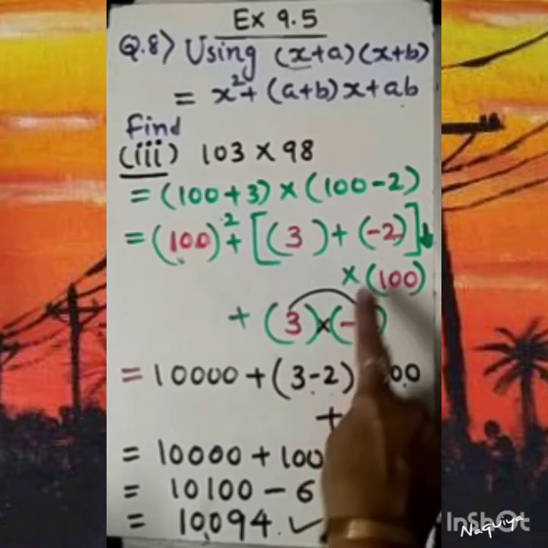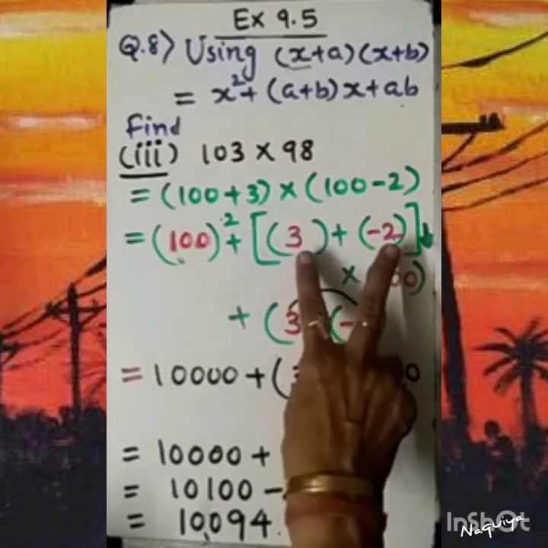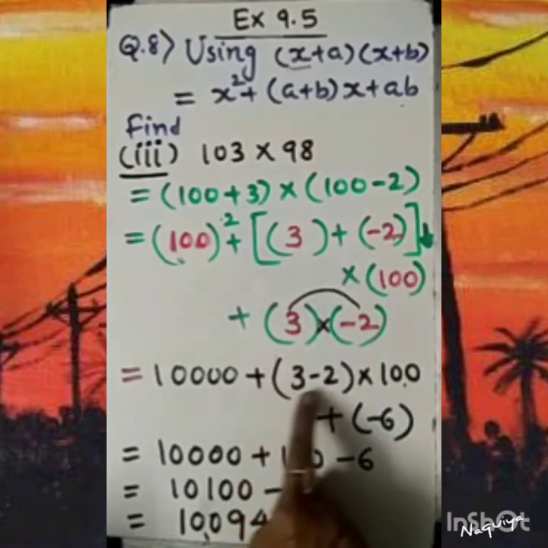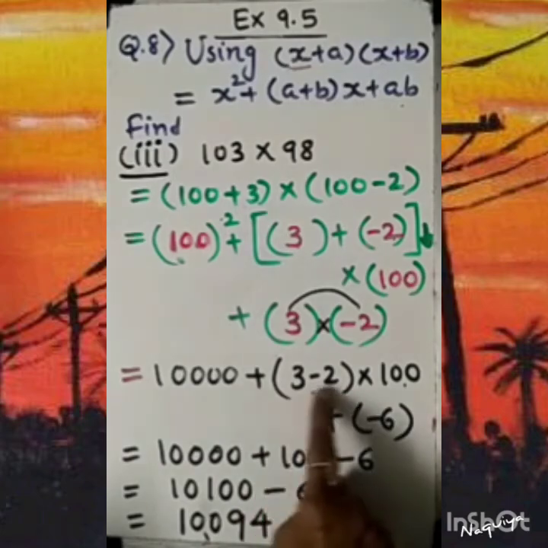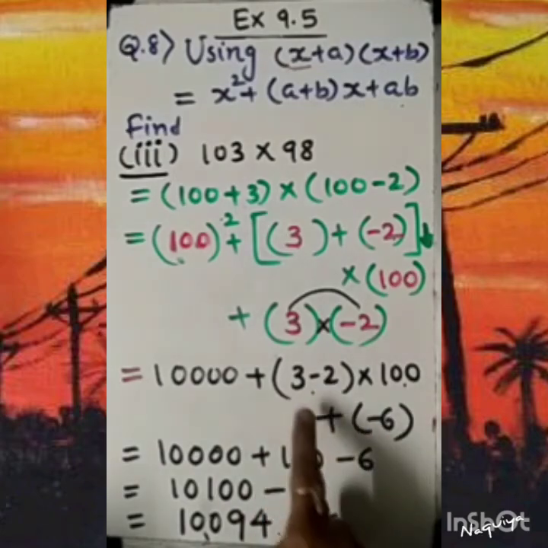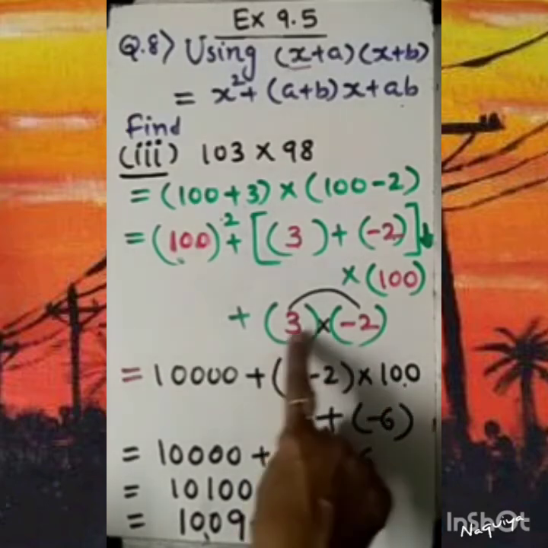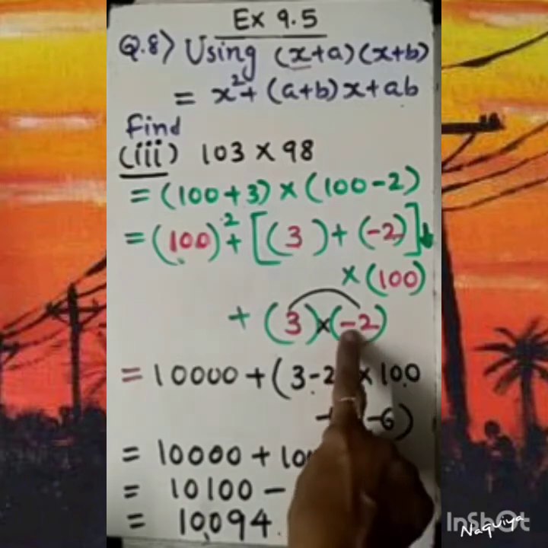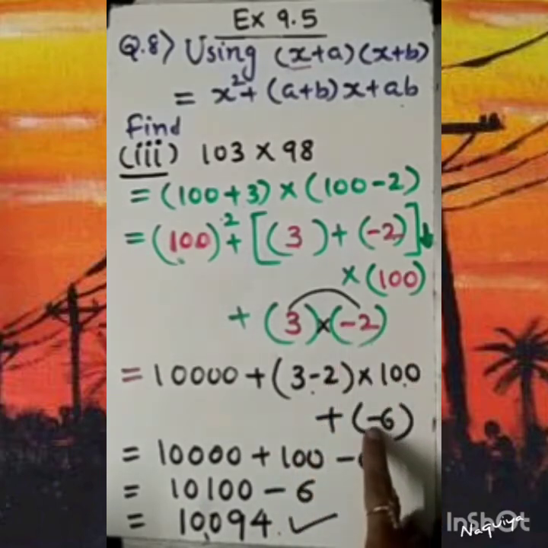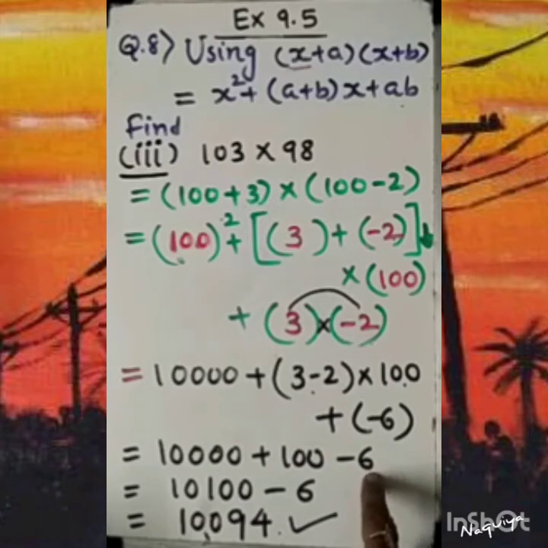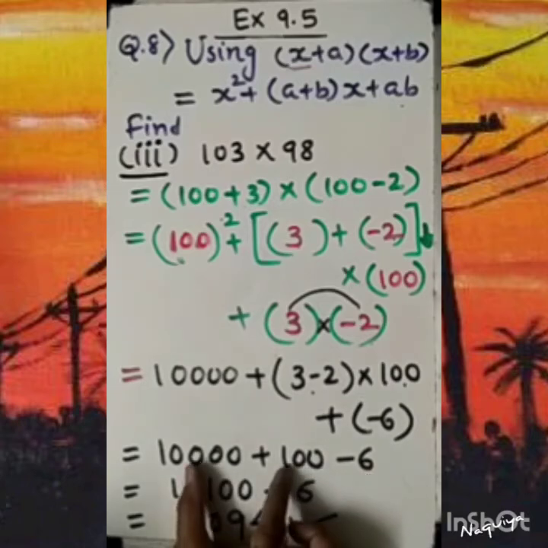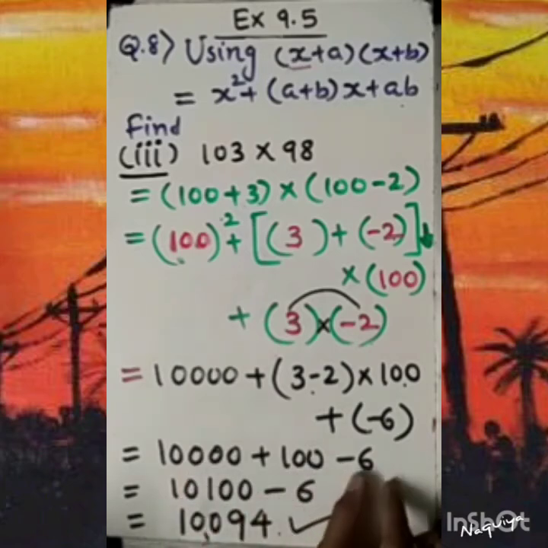It is very important how to solve, because 3 minus 2, so minus 1. That 3 minus 2 is only 1. So 1 into 100 is only 100, that is positive. But here 3 into 2, 6. But because of this minus sign, we are writing minus here, so it is minus 6. So these two terms are addition, positive terms. So we are adding it first and then subtracting 6 from this. We are having this as an answer.